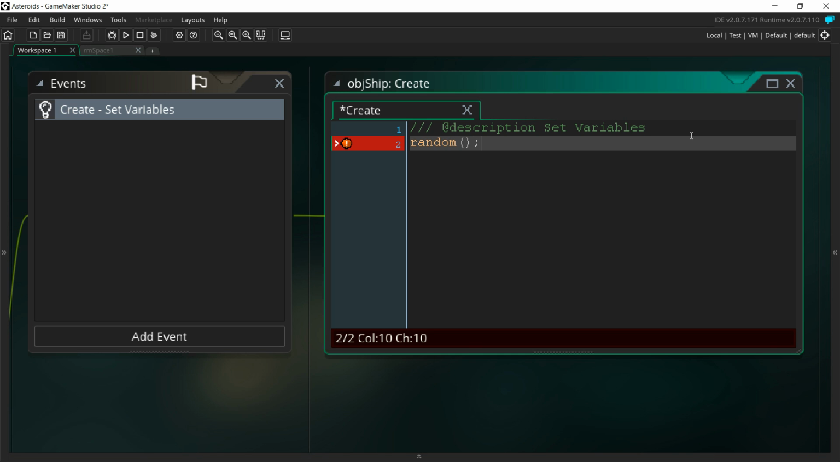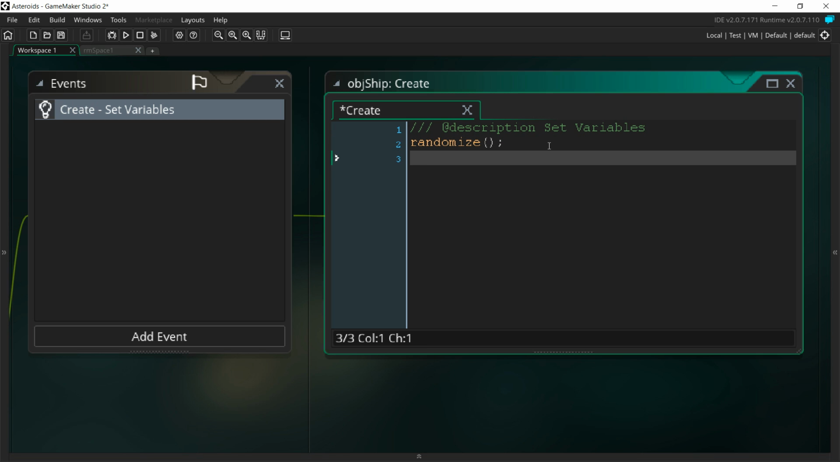And what this does, I'm sorry, let me respell this: randomize, and then these open and close parentheses here. What this does is reset that seed, so every time you play the game, the random numbers come up differently. All right, so the first thing we want to do is tell it how fast we want it